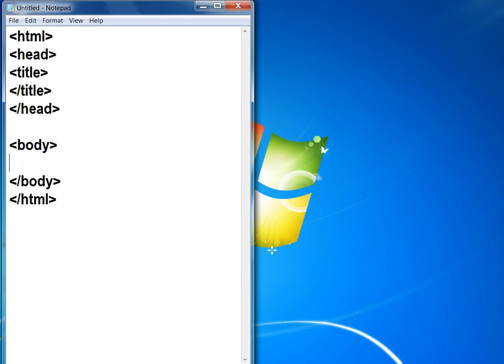Within the body you insert the text you want to display on your web page. Here is a title, I apply the title: Sample of HR tag.